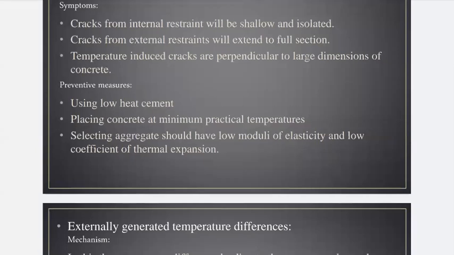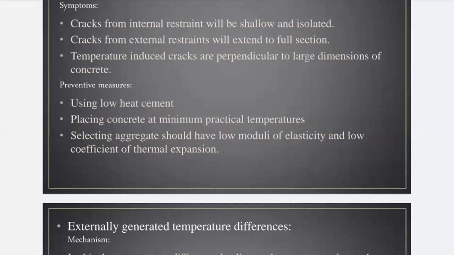Okay, so what preventive measures can you take? The first one is to use low heat cement. Generally, low heat cement is always used in dam construction. Why? Because in dam construction, heat of hydration takes place in your concrete, and the outer side portion is continuously subjected to water. The inner side is also subjected to water. So with the outer climatic condition, if summer is there, the water will get hot. If winter is there, the water will get cool.